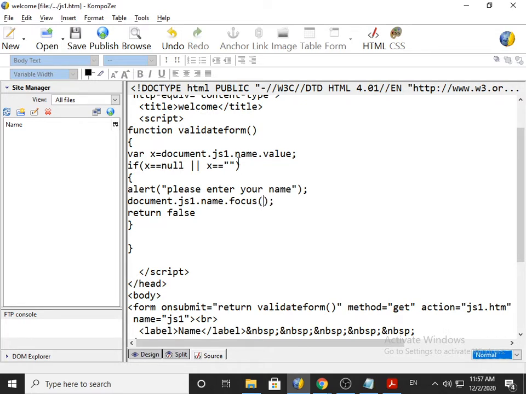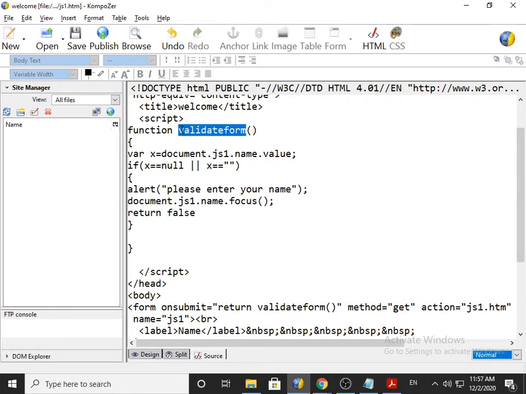Validate form is also a function, available with a round bracket. If you want to define your function, you have to start with the function keyword. By writing function validate form, you are defining your own function. So validate form is considered a user defined function, and its name can be anything.